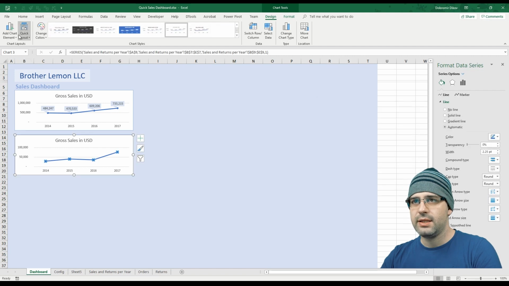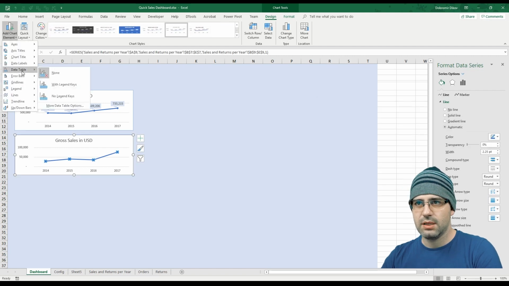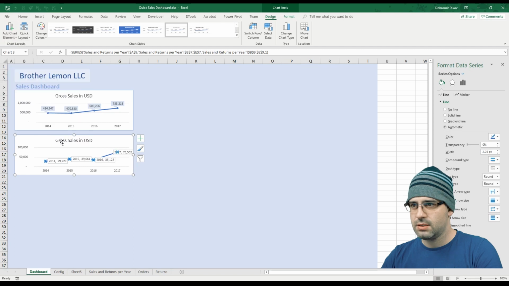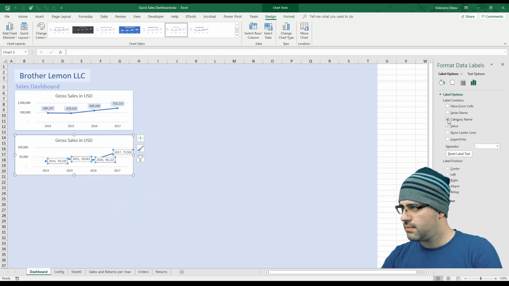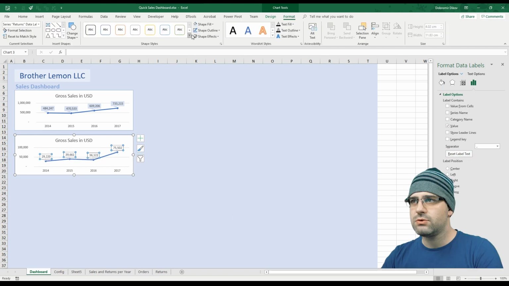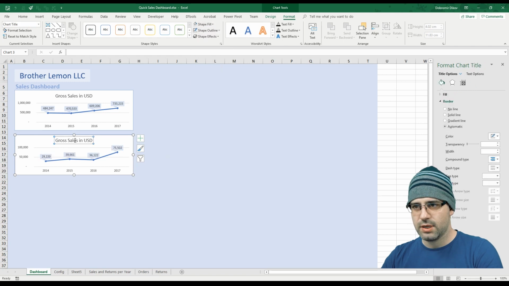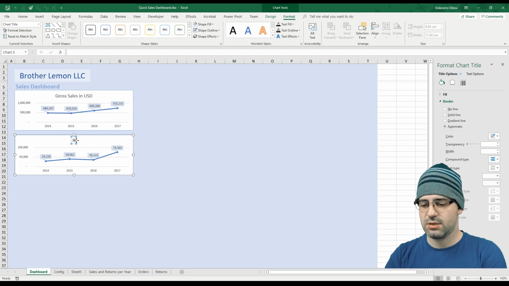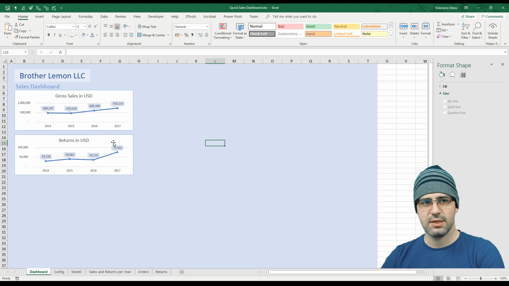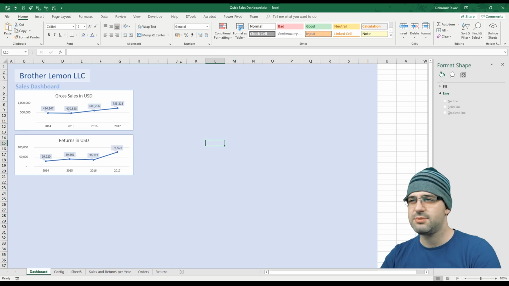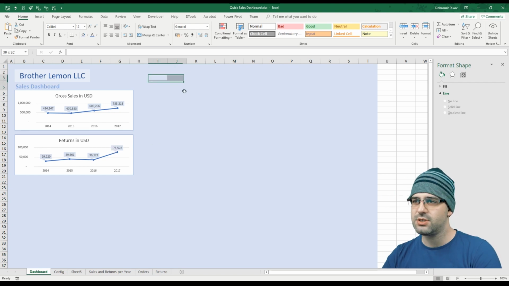We're gonna add the data labels again, data callout, remove the category name and put them above, remove the outline, use the same shape fill. And the only thing that's gonna be different here is because we changed the name, need to change it again, so I'm just gonna put returns in USD. Okay, so that's it, that's our first step, and now let's make a really cool map that's gonna show our